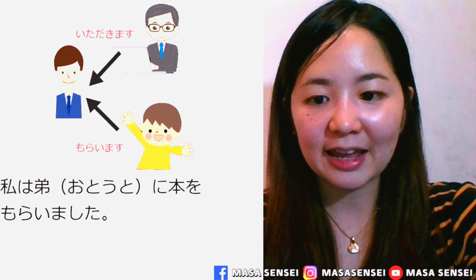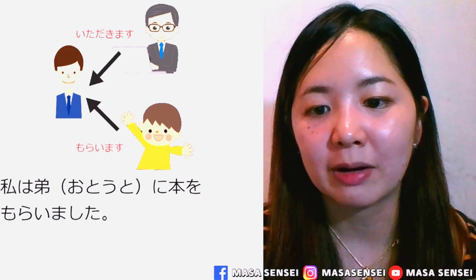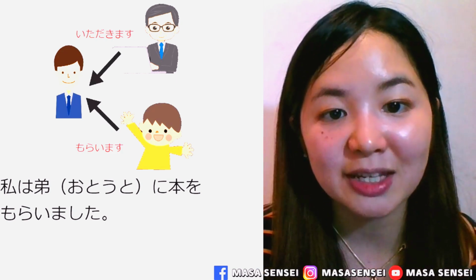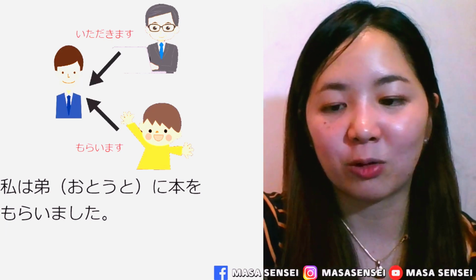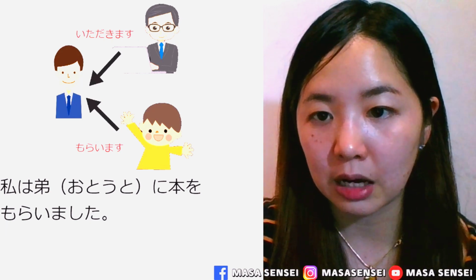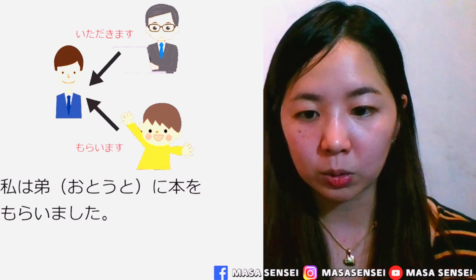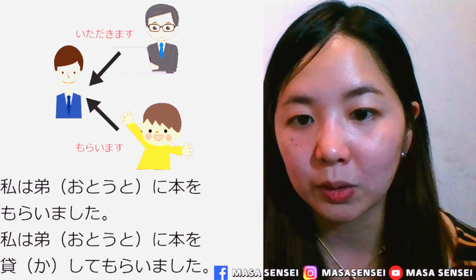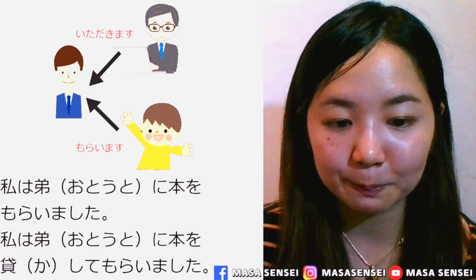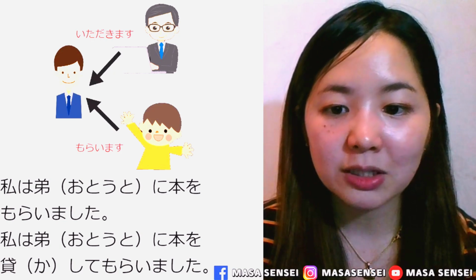If I want to say I received a favor from my younger brother of his lending me a book, in this case, we use て form plus もらいます. So it becomes 私は弟に本を貸してもらいました。